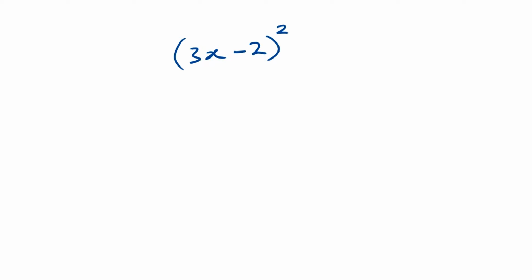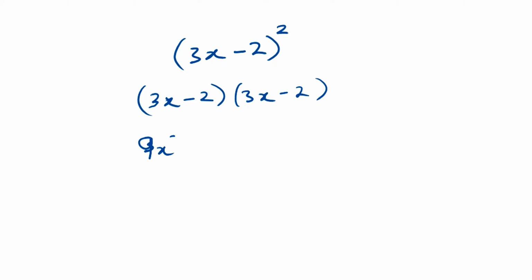So now we know the correct way of proceeding with such expansion. We need to treat it as 3s minus 2 multiplying itself twice. So if that is the case, then 3s minus 2, another 3s minus 2. Then we use the same distributive approach to distribute all the terms in the first bracket over all the terms in the second bracket. So we are going to get